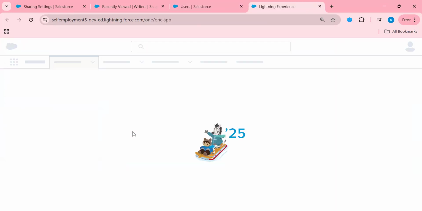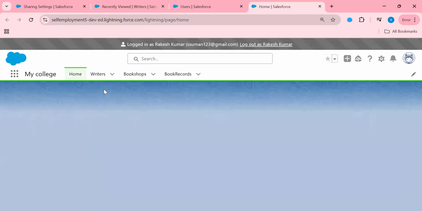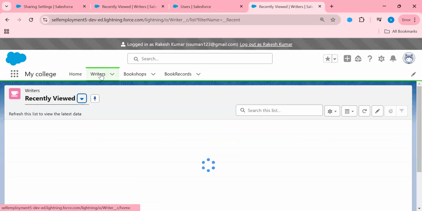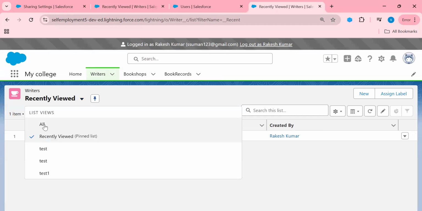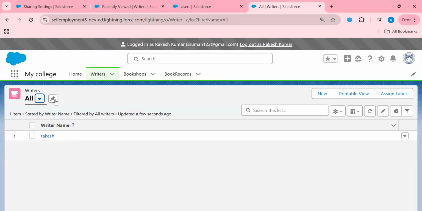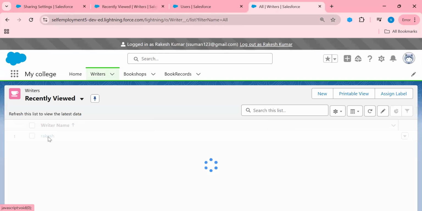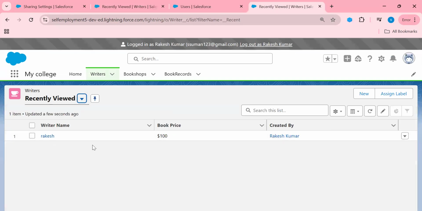I have this active user. Click here. This user has only one record, because the OWD setting is private, so this user will not be able to see the records of another user. How can we share these records? By creating sharing rules. So just log out.